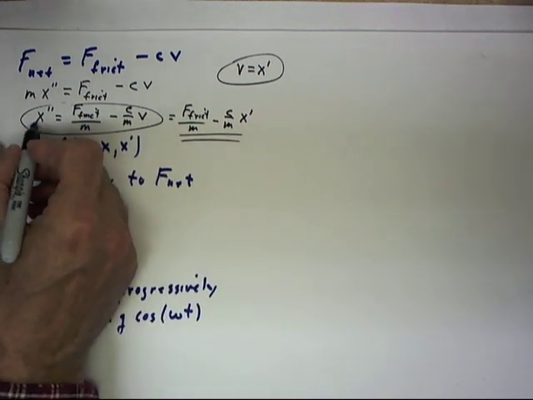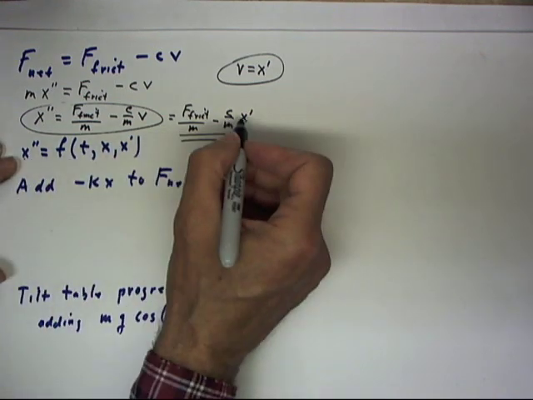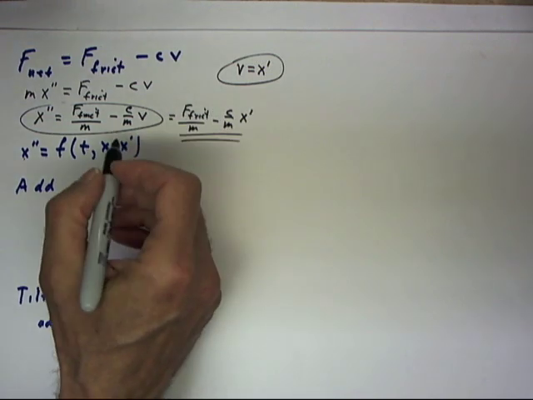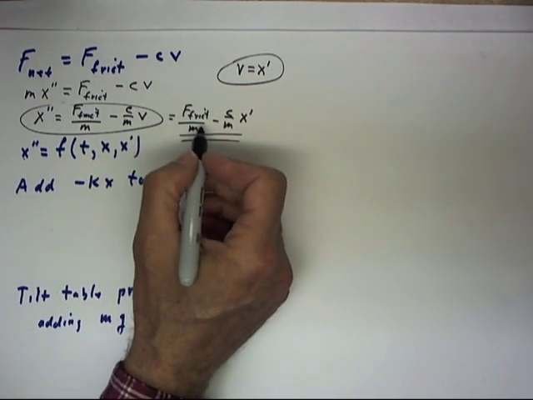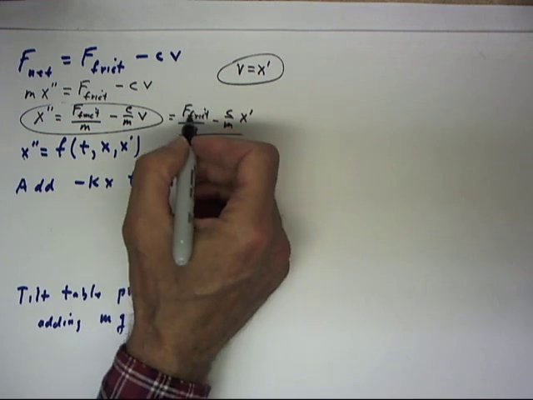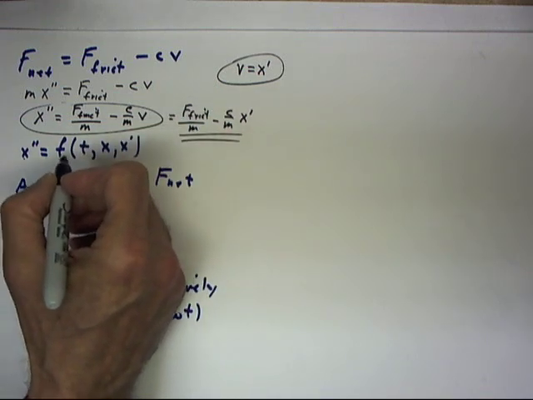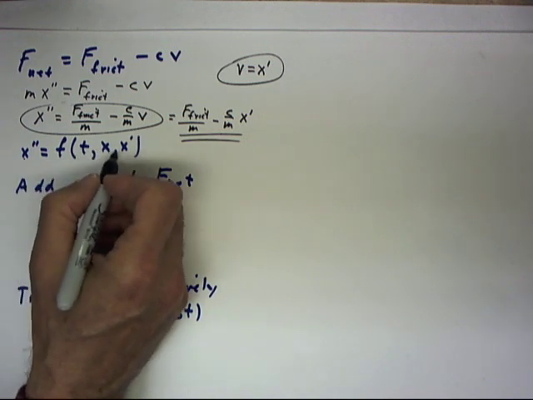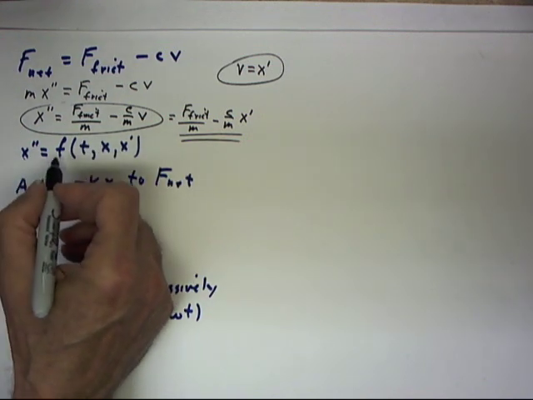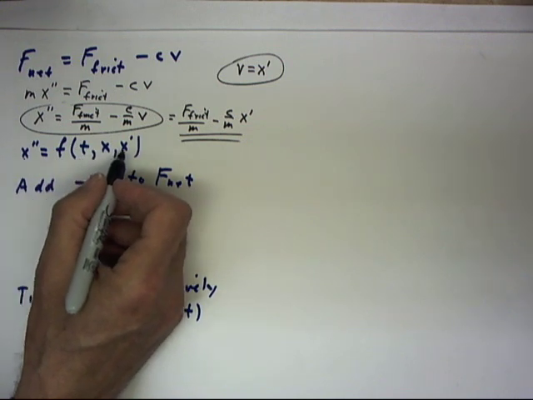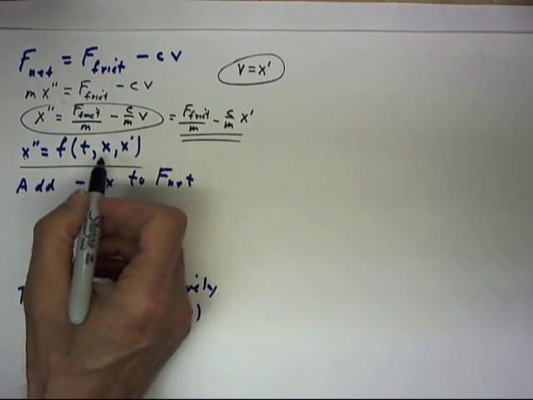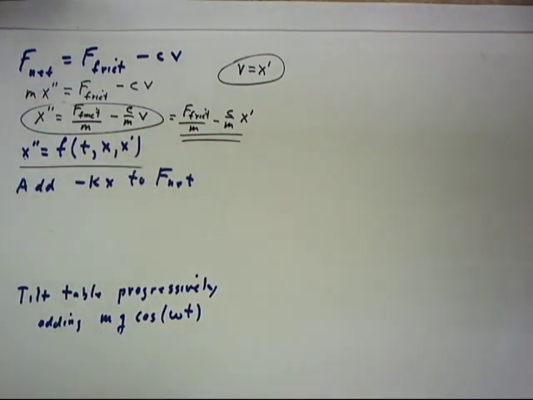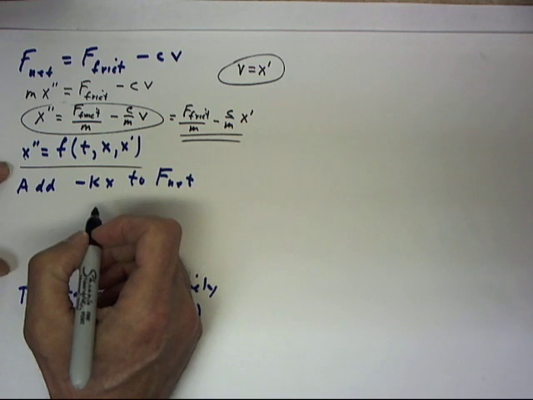That is, x double prime is a function of x prime, and in this case we don't explicitly have t or x in the expression, but nevertheless we don't have to have t and x explicitly indicated in the function. So x double prime equals f of t, x, x prime is one form of this function, and it's a general form. Now we'll see why we need the x and the x prime to indicate the general form, because